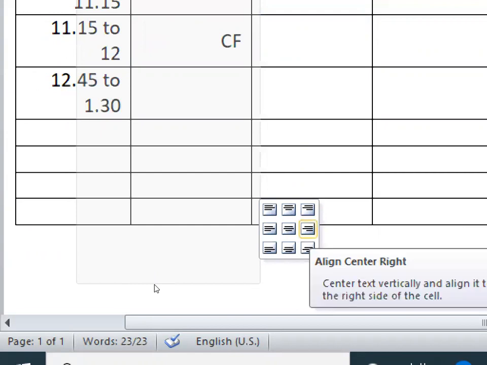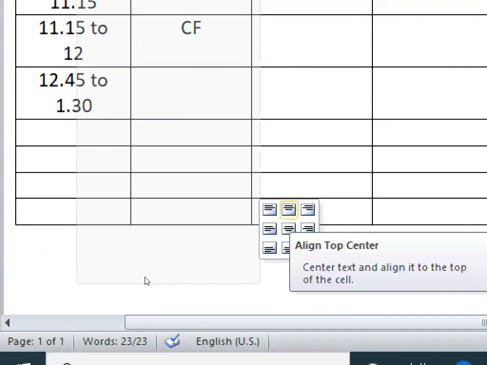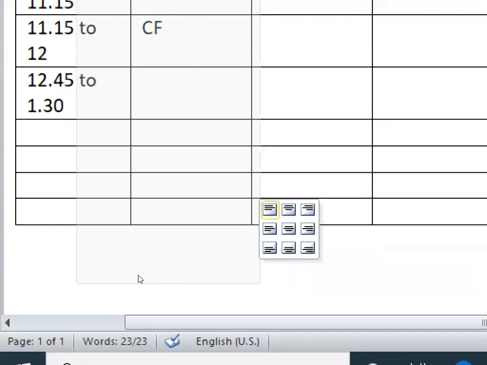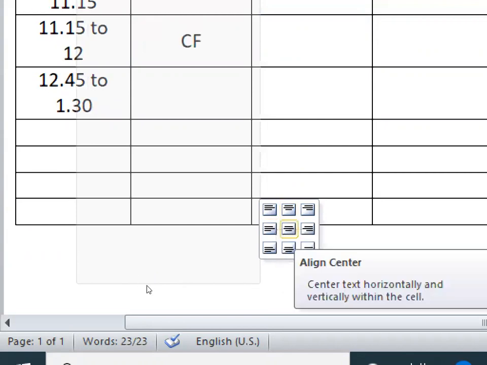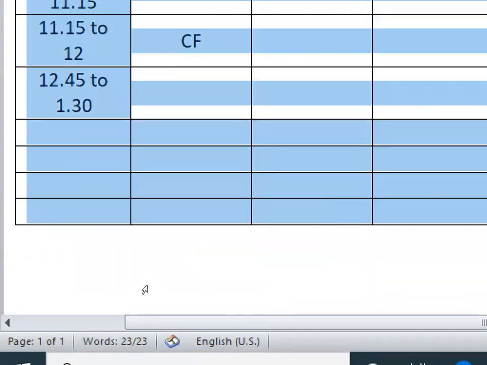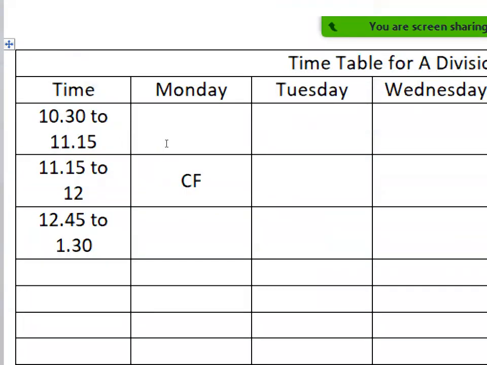So whatever information you insert into that table will be affected in all the fields. Align top center, align to the middle, or align center, like this, it will be applicable to all the information. Whatever information I type, it will be applicable to all. This is what we call cell alignment.